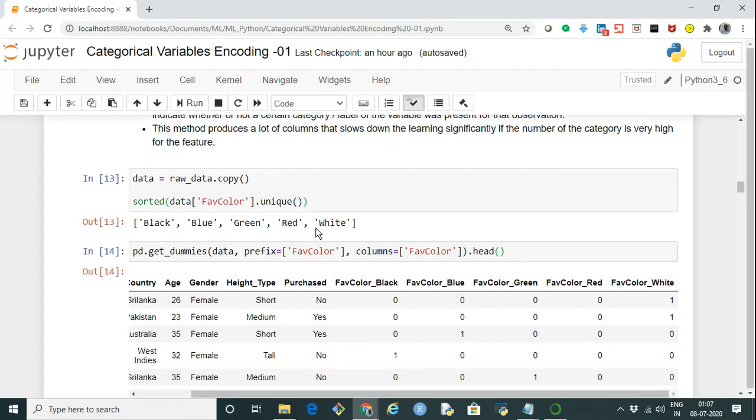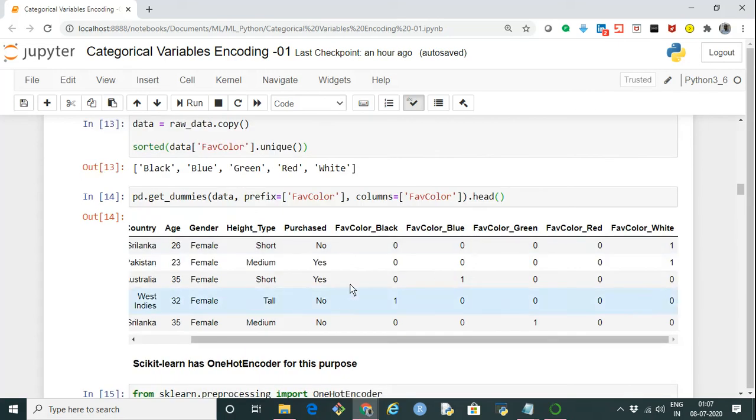Now what I'm doing is applying the get dummies function using pandas: pd.get_dummies, passing the data frame. I'm saying the prefix is favorite color, that is, the dummy variables which will be created should be prefixed by this value, favorite color, and the column which should be dummified is favorite color, and I'm displaying the first 5 rows.